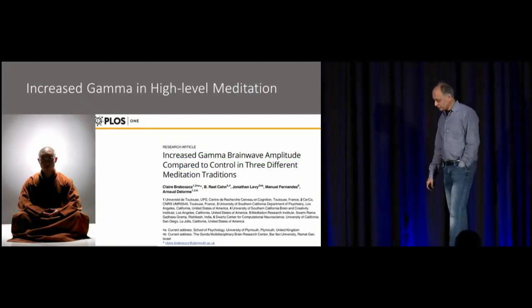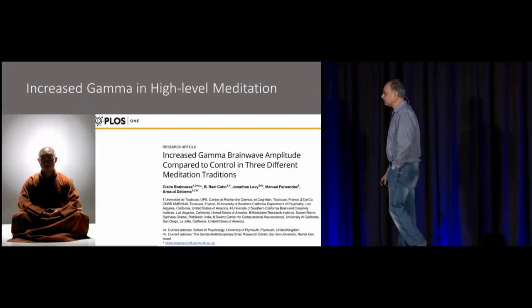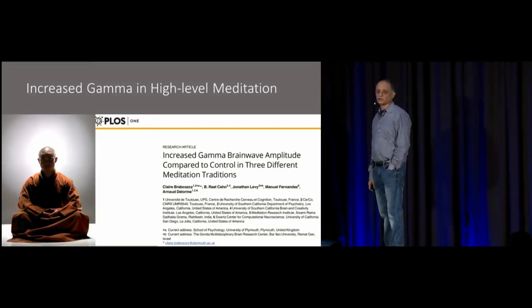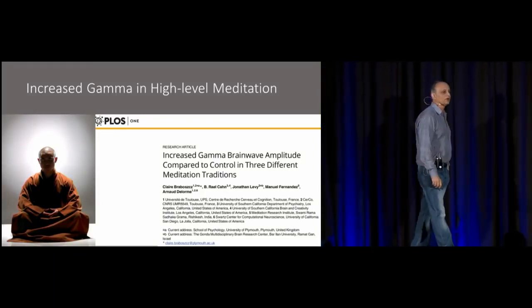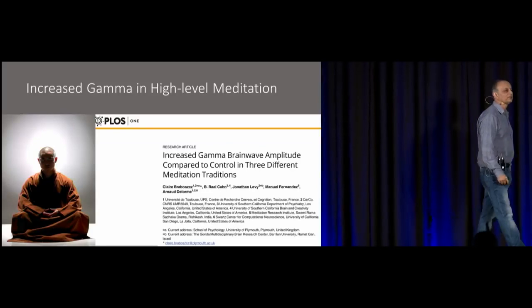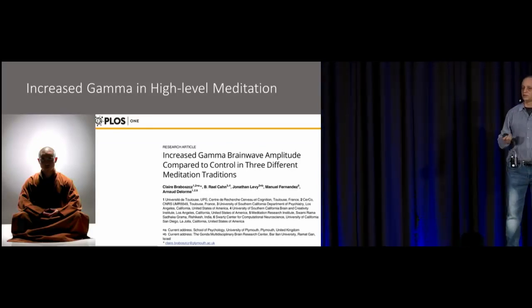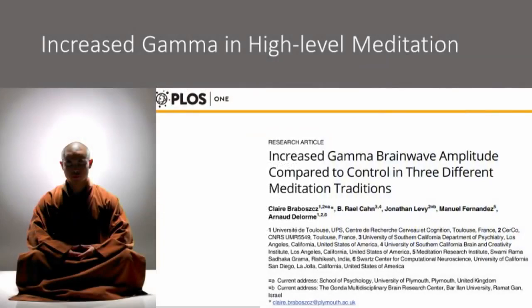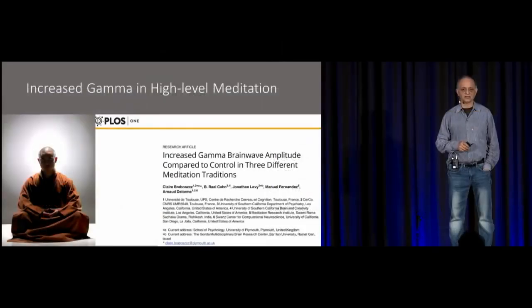Now, of course, we are more interested in meditation, not just in health benefits. There are many studies that show that meditators have increased gamma at rest compared to non-meditators. Not only that, many meditations show high gamma activity in several areas of the cortex when the meditation is happening. But this gamma activity is not limited to around 40 hertz. It actually can be anywhere in the range of 40 to 200 hertz.